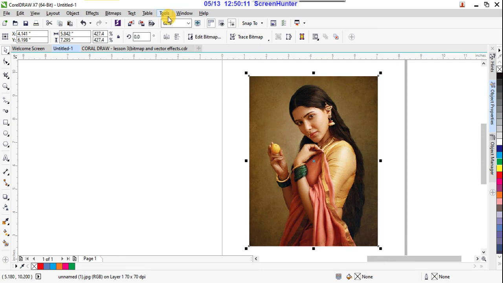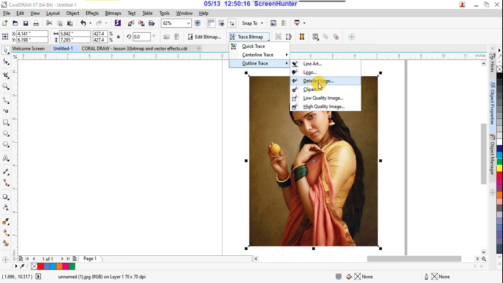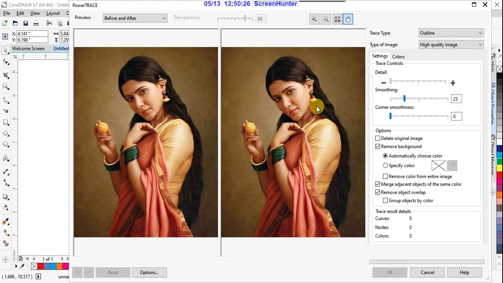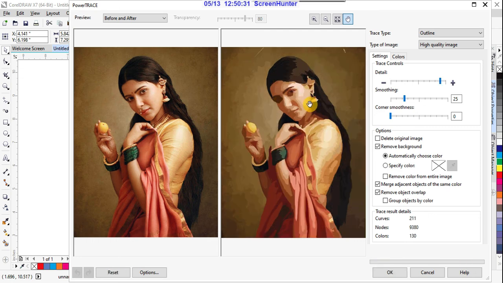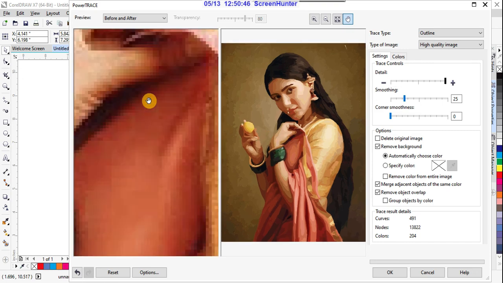Here what I'm doing, after selecting that from trace bitmap, here we have low quality image or high quality image. So here I want to use high quality image, right? So here I'm using high quality image option. The process is going. Now see, so here it is vectorized. For smoothing purpose I'm using detail. Now see, your picture is in more clarity, right? So you can observe this,